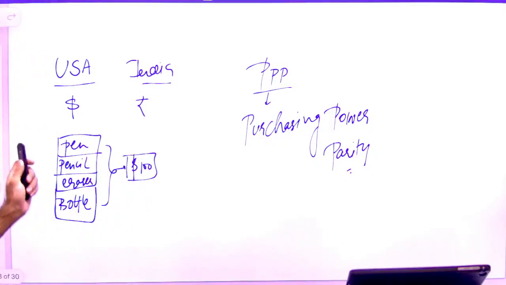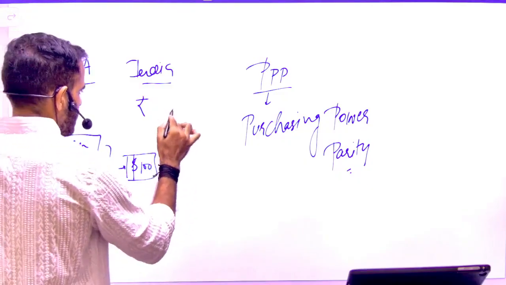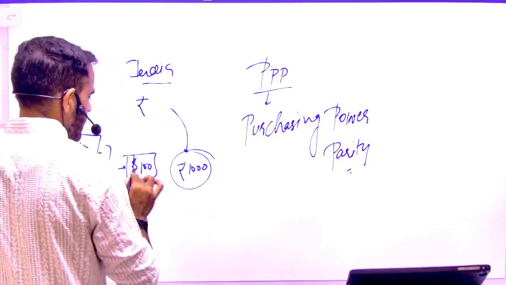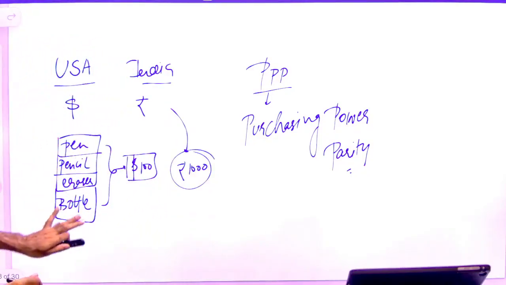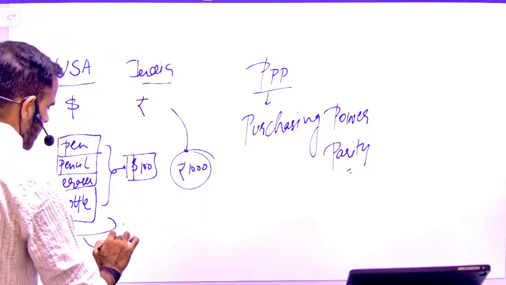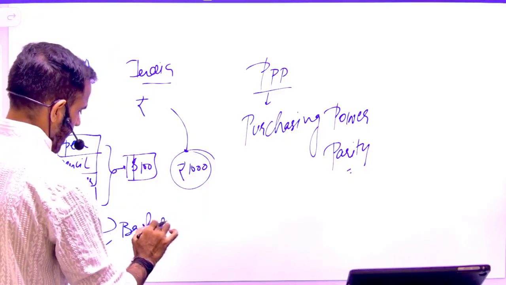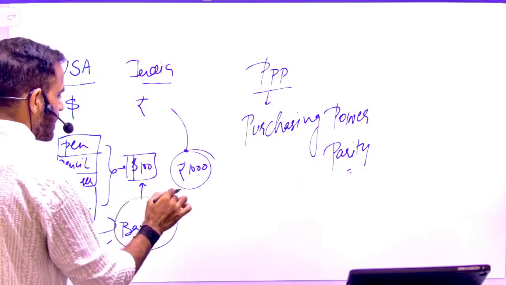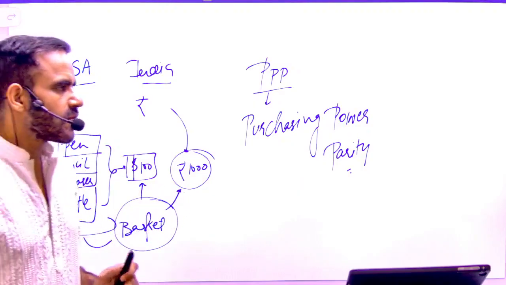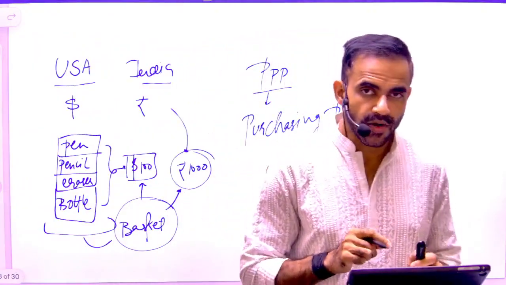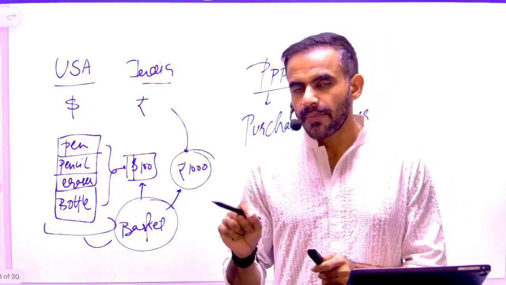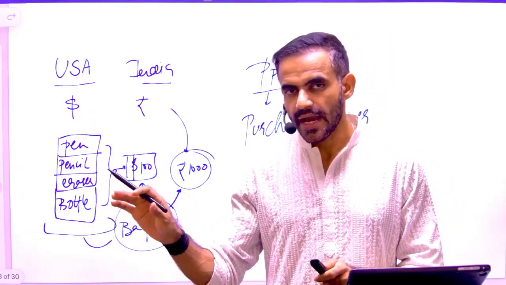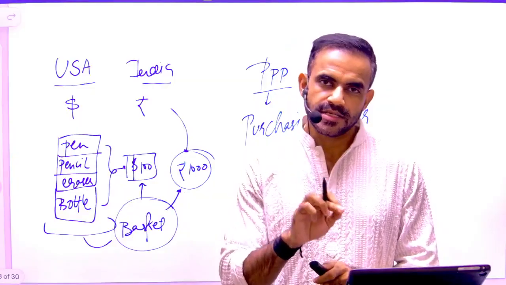Now, if I have to purchase the same items in India, what will be its cost in rupees? Let's assume that the cost is 1000 rupees. So in this case, I'm just picking a basket of items and trying to find out the price of this basket in the US and in India. And then I am putting them at equal level. In a very simple sense, I am trying to find out the cost of the basket of items in USA and the cost of the same basket of items in India.